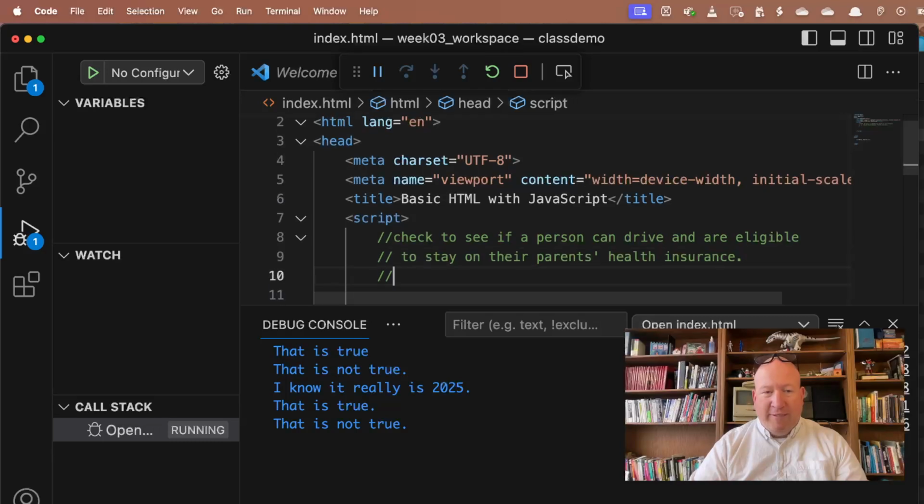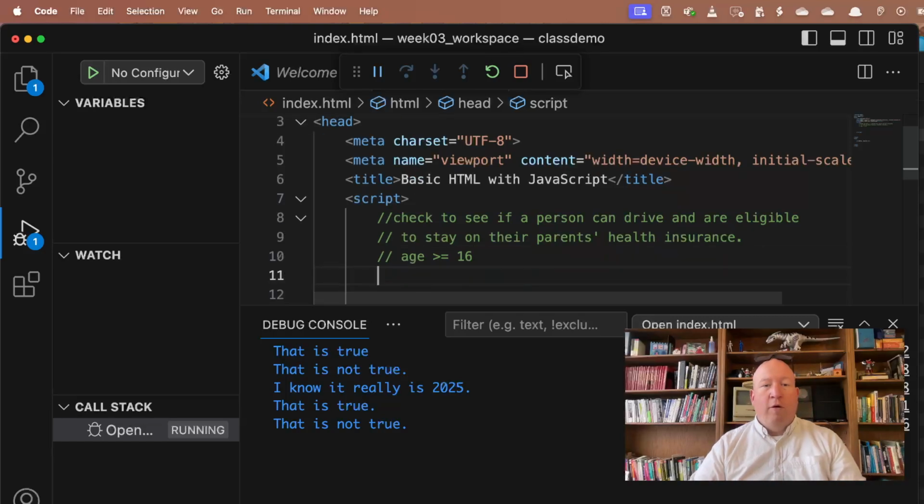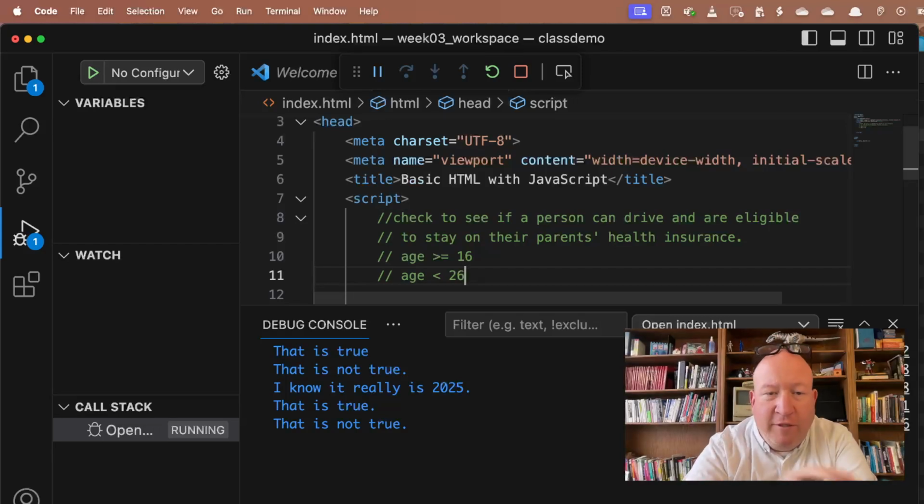So what we know, of course, is that to drive in Maryland, a person's age needs to be equal to or greater than 16. So the way you write it is actually greater than or equal to 16. And we know, at least I believe we know, that insurance you can stay on until you're 26. So your age needs to be less than 26. Okay, so these are just notes I'm putting together here. This is how I often program. I like to write stuff out in comments and then use that as my basis for